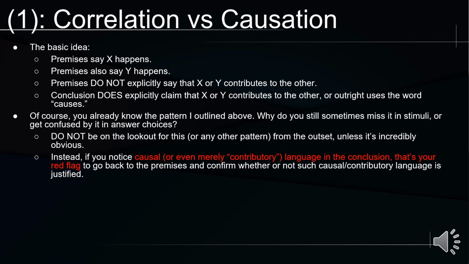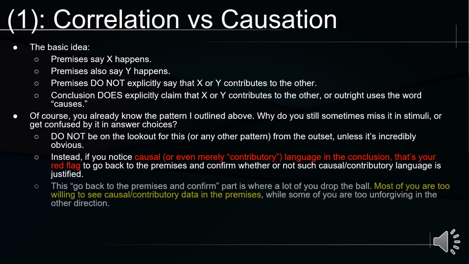So again, I don't really red flag most of this correlation versus causation stuff in a stimulus until I get to the conclusion, which invariably uses some variation of causing or contributing. And it's like, okay, I see causal stuff here. They're clearly saying that causation is a thing. Do the premises say that causation is a thing? So this part, going back to the premises to confirm whether or not causal or contributory language is justified,